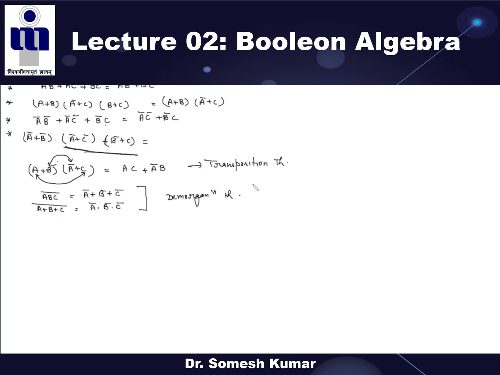So in this Boolean algebra, we already discussed the theorems and how to minimize the expression. Now we will discuss the SOP and POS forms in detail, which we discussed a little bit already. Then we will discuss the Venn diagram. This completes the topics covered in this chapter. Next we will discuss the switching circuit.